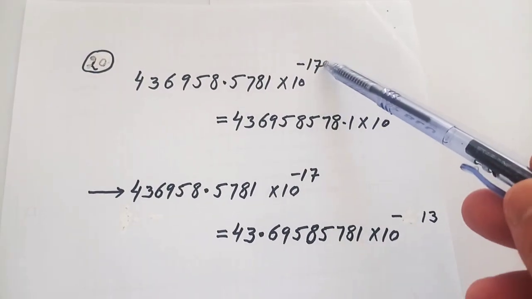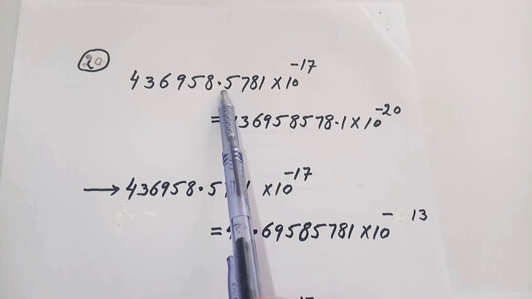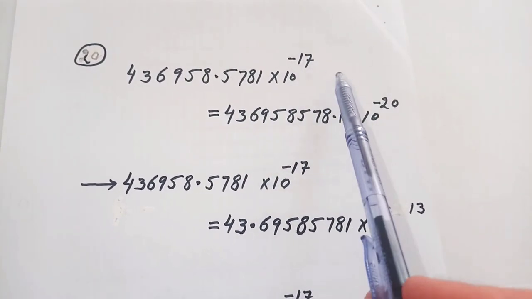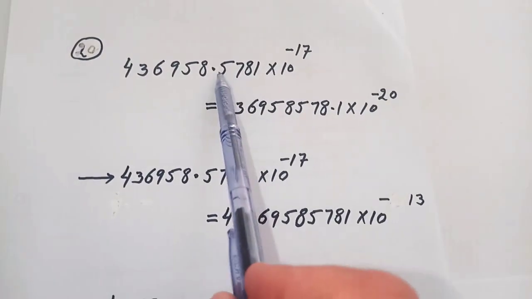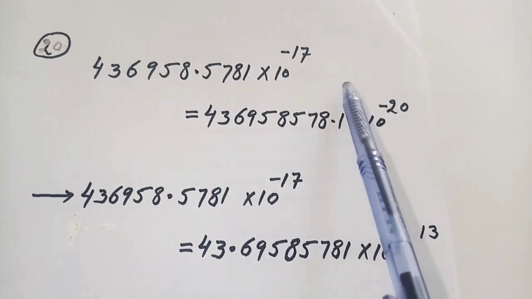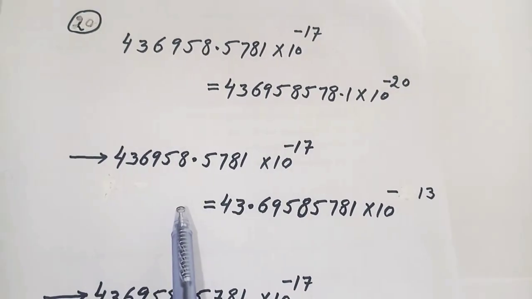फिर अगर पावर नेगेटिव है तो नेगेटिव पावर का असूल क्या है? पॉइंट मतलब यहाँ पर है, पॉइंट अगर उस तरफ जाएगा तो पावर -17 से बढ़ के -20 हो जाएगी। देखिए 3 डिजिट यहाँ से उठा के हम इस जगह ले गए तो पावर में 3 जो है ना -17 से -20 हो जाएगी।